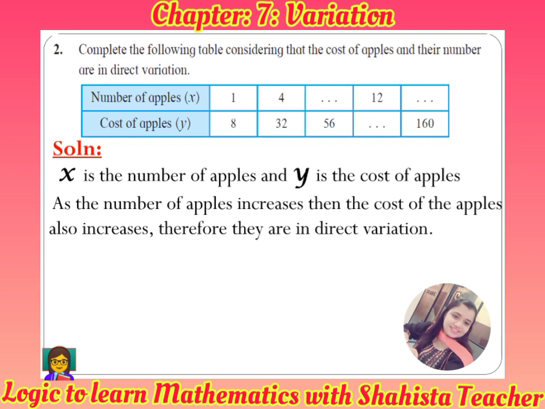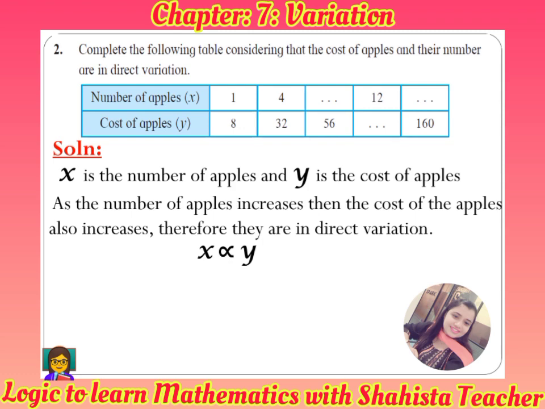अगर नंबर ऑफ एप्पल आप ज़्यादा परचेज कर रहे हो, दैट मीन्स हमको कॉस्ट भी ज़्यादा पे करना होगा. इज दैट क्लियर? सिंपली वी विल राइट हियर X varies Y. This is the symbol for variation which we have learned in question number 1. So X varies Y, where X is equal to number of apples and Y is equal to cost of apples.